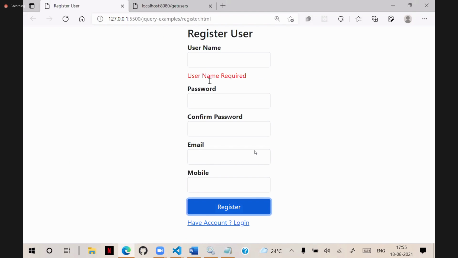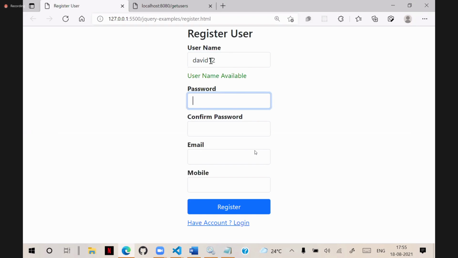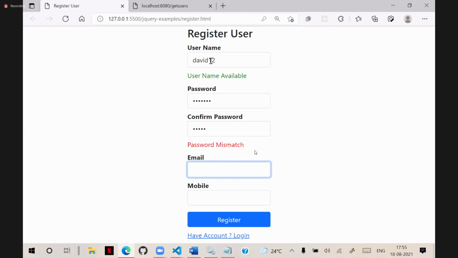Now I am entering, the username is required. I entered that username. It will show whether it is available or not. And password I am typing David11, and confirm password I am typing some David, and it says password mismatch. And I am typing David11 correctly, then verified successfully. If anything went wrong, that means whatever you entered is a mismatch. Suppose David11, and here we are typing David1, that is mismatch. David11, that is successful. It will check that, verify it, and handle it.